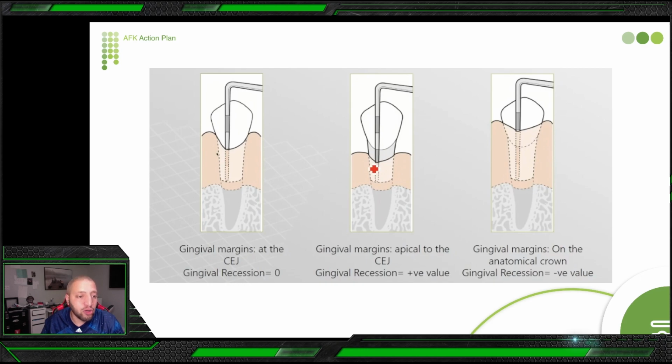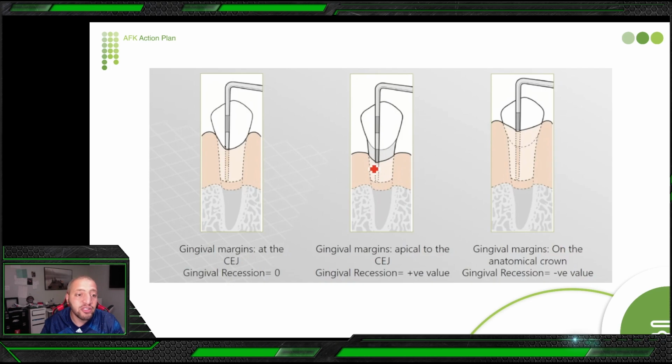When the gingival margin is at the cemento-enamel junction, the probing depth will be the clinical attachment loss. It's the same number because clinical attachment loss is measured from the cemento-enamel junction to the depth of the pocket. So here comes the confusing part. You should correlate between the gingival margin and the cemento-enamel junction.